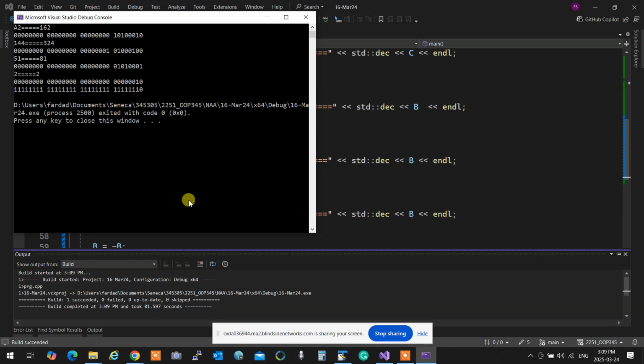That's how negative numbers are designed in computer science. You don't have a negative number. So instead of having a negative number, we're going to use the left bit as the sign. If the left bit is 1, it means this is a negative number. What is the value?